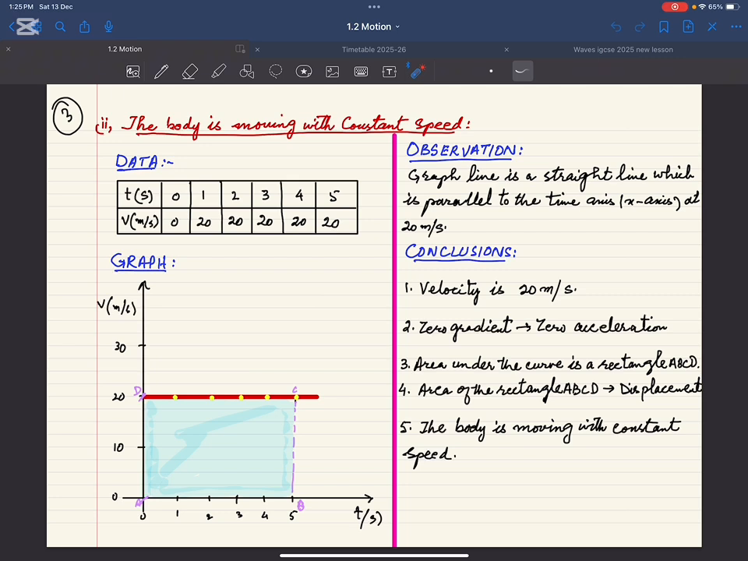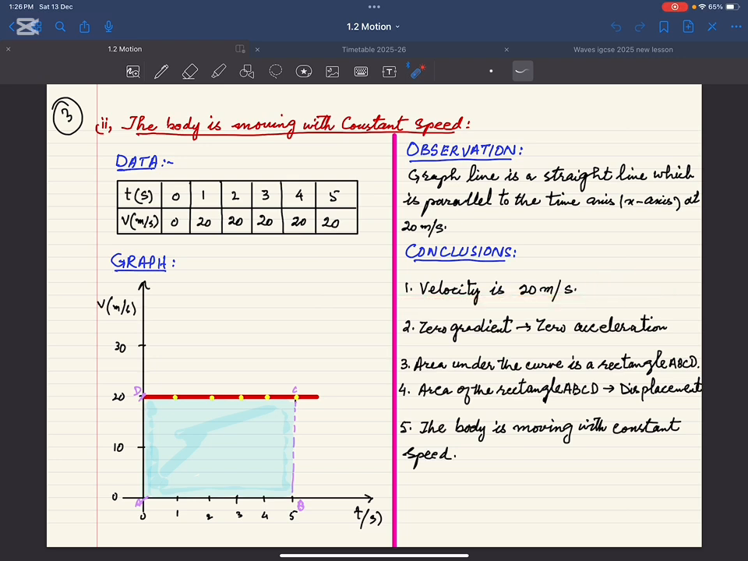So the observation is very simple. The graph line is a straight line which is parallel to the time axis at 20 meter per second. So this is our observation. When we observe this line, what will be the conclusion? Simply you can say that the velocity is 20 meter per second, which is obviously a constant value,